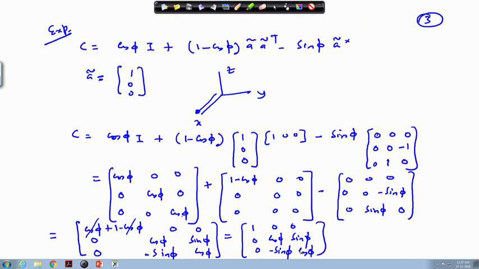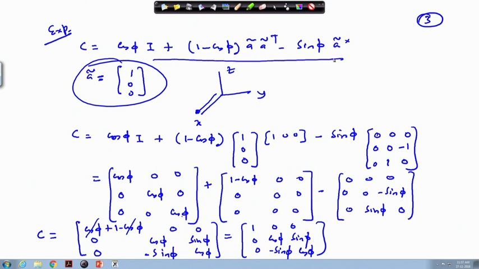So, we can see that this C matrix, if A is the vector given, the x axis, gets reduced to this format, and we are aware from our earlier discussion that this is nothing but rotation about the x axis by angle phi. So, this is what this theorem states: this is the rotation about the vector A by angle phi, and exactly what we are getting here in this place.